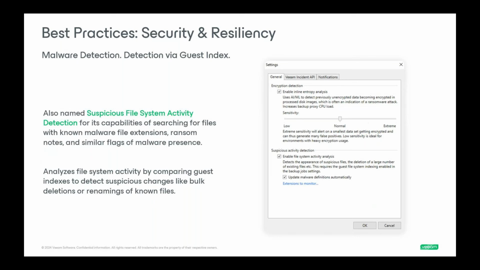The other thing here is the malware indexing. I know we talked about guest processing earlier and the file indexing with the malware detection. So this is where it's going to come into play. If you check the suspicious activity detection box at the bottom, whenever those files are getting cataloged and doing the system indexing,